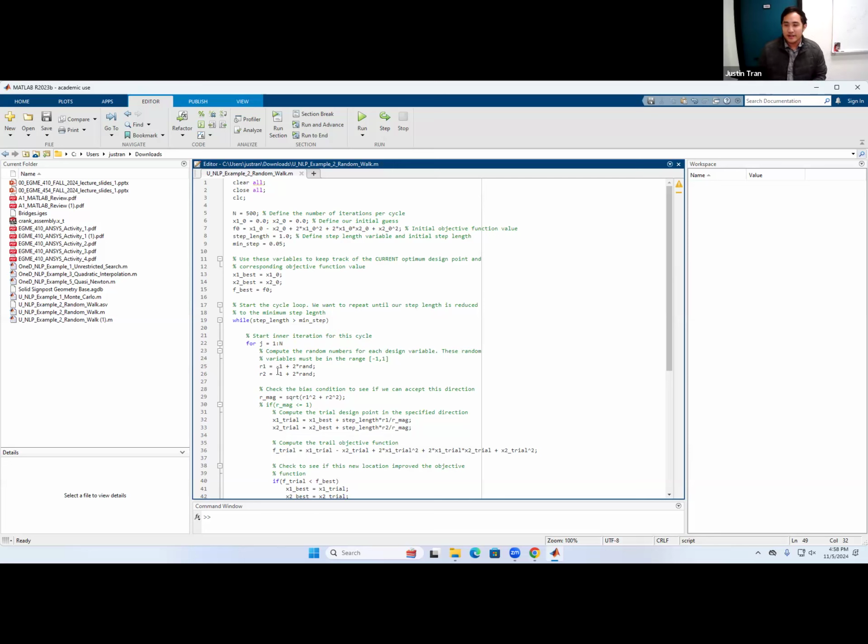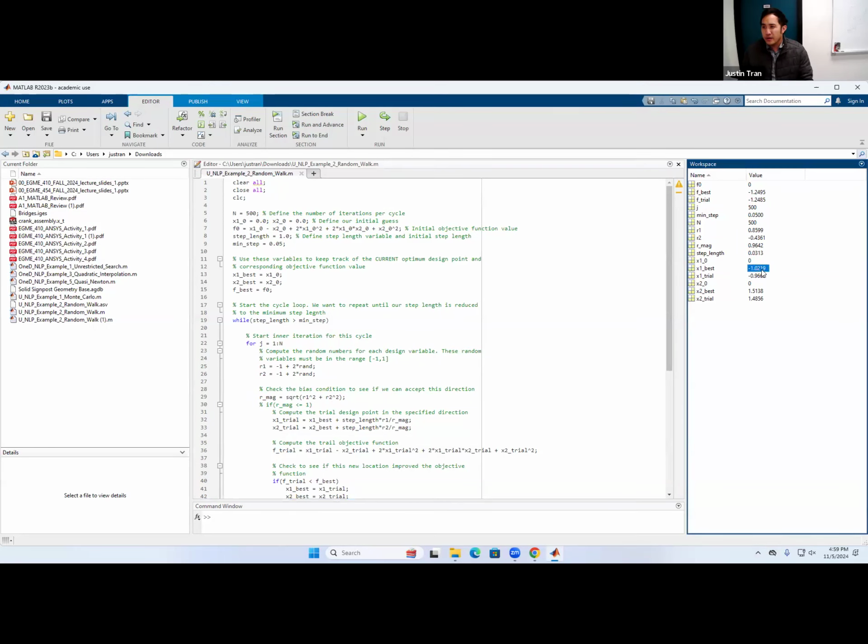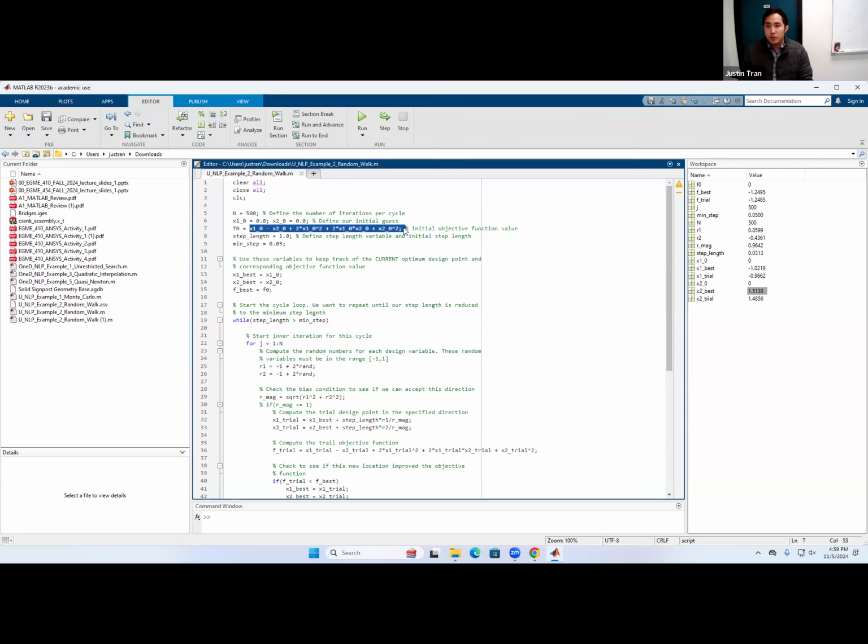Oh yeah, that's a good point. Okay, so you can see it runs pretty fast just because this objective function is pretty cheap. And so what is our optimal point here? So our optimal point, let's see, x1 best. So x1 best ended up being about -1, and then x2 best ended up being about 1.5. So actually, if you remember this objective function, this is the exact same objective function that we were working with